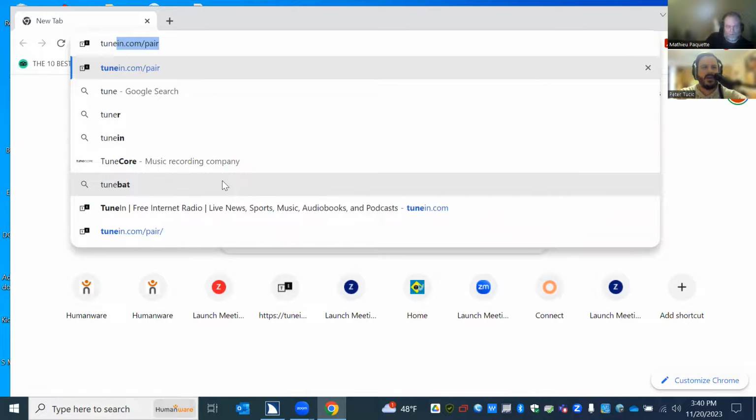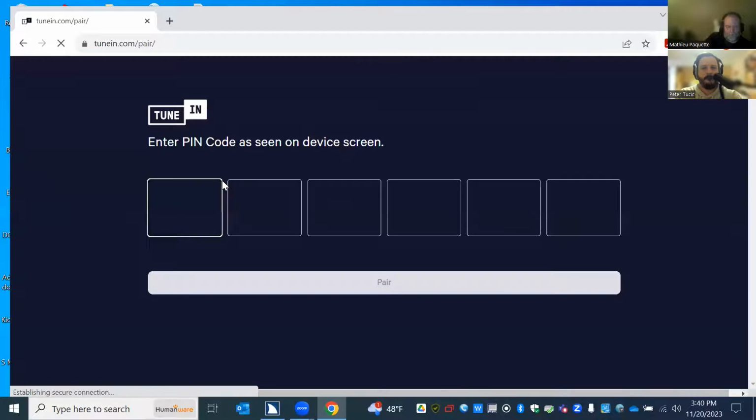TuneIn.com/pair. Mine automatically autofills. What's very important here is that when you type in TuneIn.com/pair, you do not enter or type www or any of that. It's just TuneIn.com/pair, and press enter. Okay, now we're brought immediately into a place, and my JAWS settings are to automatically throw me